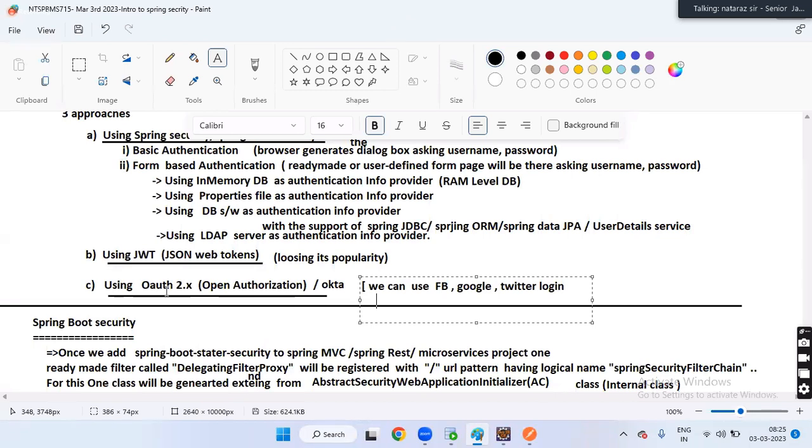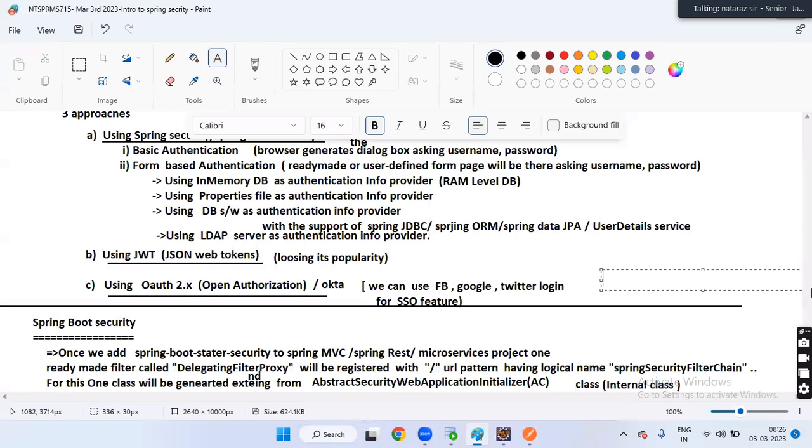We can use FB, Google, Twitter login for the SSO feature. What is SSO? Single sign-on, boss. You sign in with Facebook, and using that identity we can get into our application. We need not have a separate user registration.